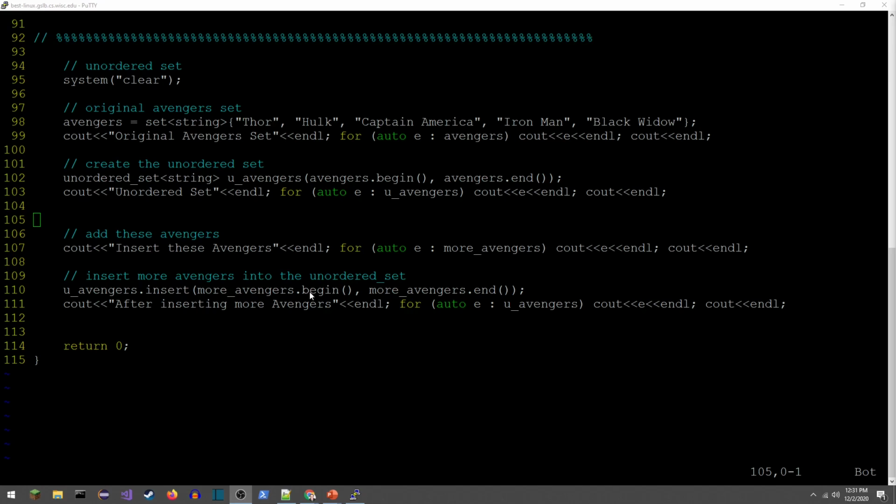So insert works exactly the same. I'm just going to use an iterator from begin to end. I can use iterators from any of the containers. So in this case, I'm using a vector. Up here, I was using a set. I'm sticking them into an unordered set. It's all good. And then after inserting them, we're just going to print these out again. All right. Let me go ahead and